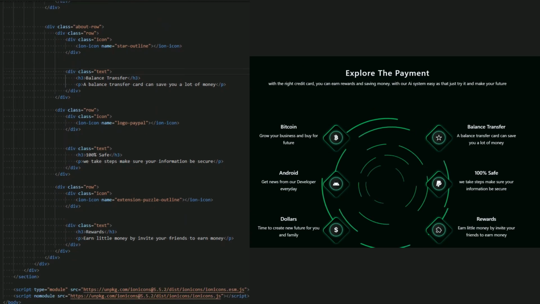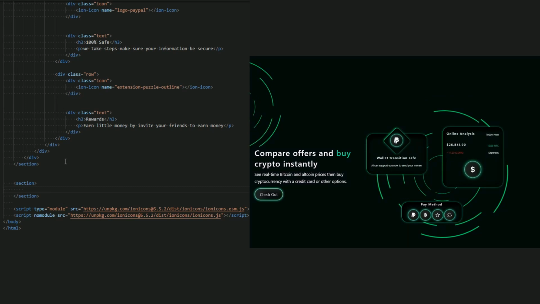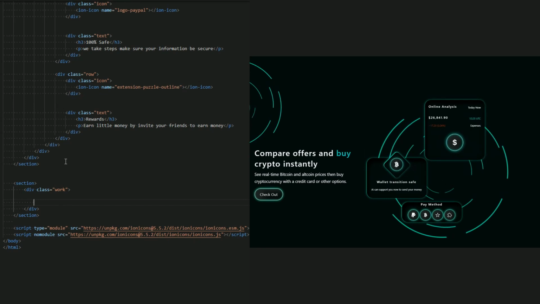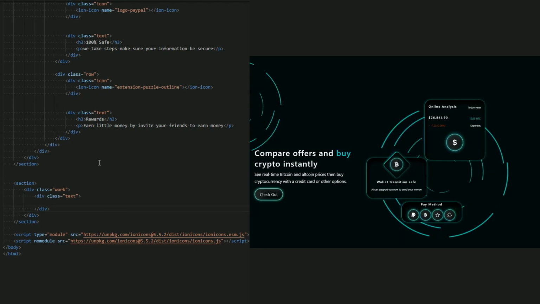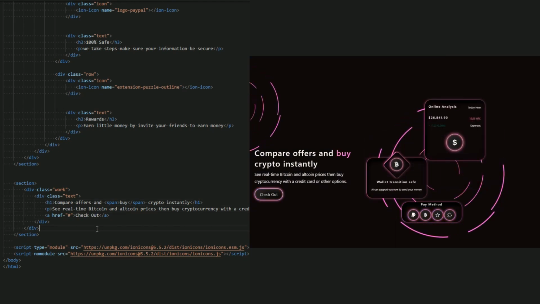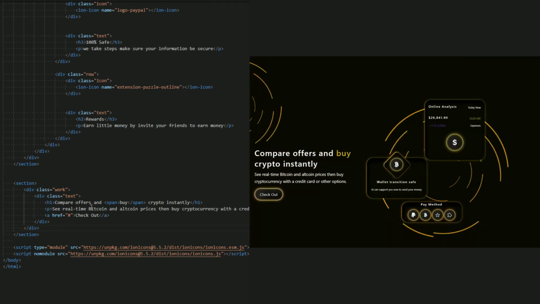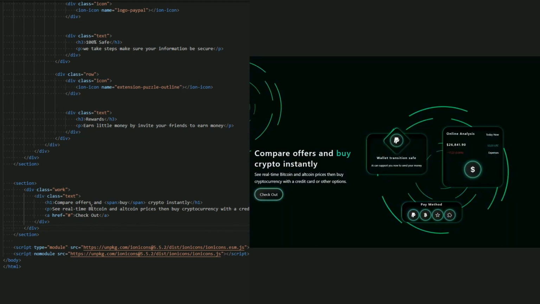But let's continue, guys. Create a section for this section, and let me just name it work of this page. Now inside the work, let me first create a text. Let me just copy paste it here, with this h1 and the p and a link of checkout. Okay, this is our text, and now let me create this circle image, as you can see, to add animation, and to add this box on the left and the right, and in this bottom, as you can see. So first let me create an image,